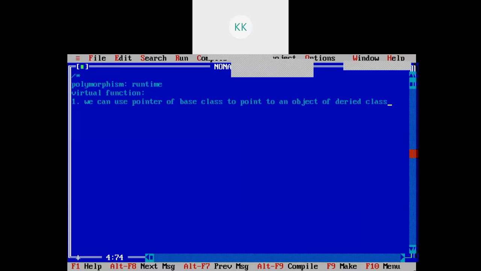Right? So it means what? Base class, as you can see in the previous example also, the base class has elements which are present in the inherited class, but the inherited class had additional data members and member functions which are not in the base class.